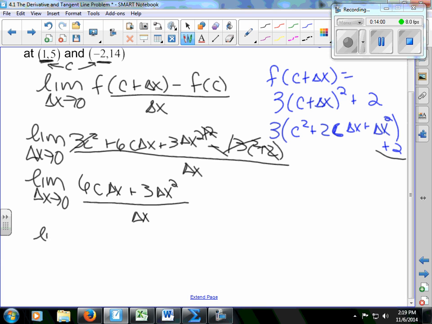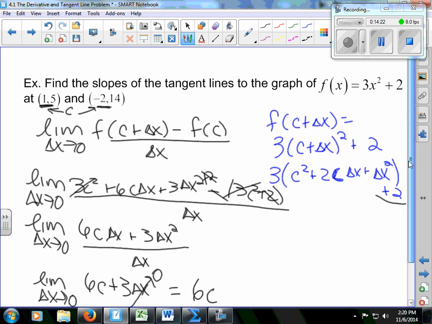The delta x will factor out and cancel. You're going to get really good at doing these because you are going to do a bunch of them. And so you get 6c plus 3 delta x once the delta x was factored out and canceled. So if delta x is 0, that's this part here. That's going to be a 0. I get an answer of 6c. And now it's much easier for me to answer this question. I don't have to do 2 limits. I did 1 limit, but I made it a formula where I didn't specify c to be 1 or c to be -2. So my answer is the slope